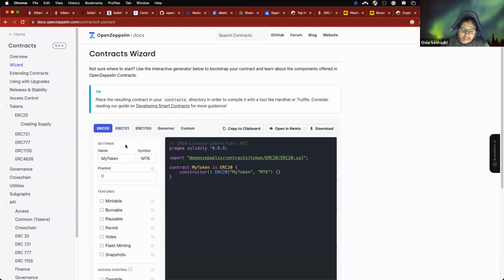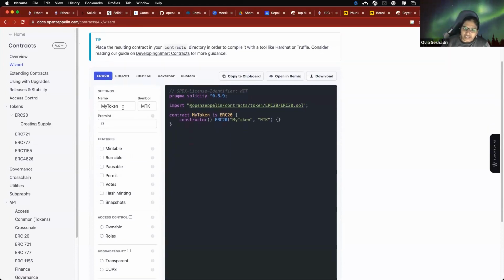So let's create an ERC20 token. You can give the name for your token. Let's call it Ovia token. And I can give my own symbol to that token. As we saw, ERC20 has name, symbol, decimals. So I'm going to say it is OVT for Ovia token. Pre-mint is how much of the tokens you want in your address in the beginning, in the constructor. I'm going to mint about 1,000 times 10 to the power of 18, which is the standard